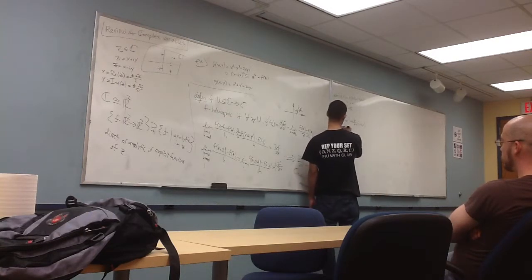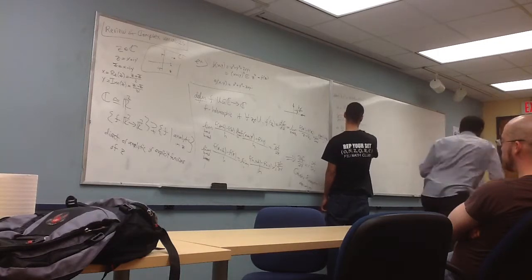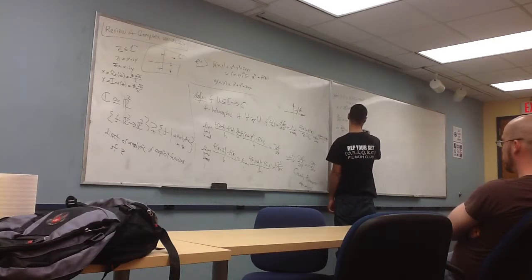And so this is partial u partial y, plus i partial v partial y, has to be i times partial u partial x, minus, since i times i is negative 1, so minus